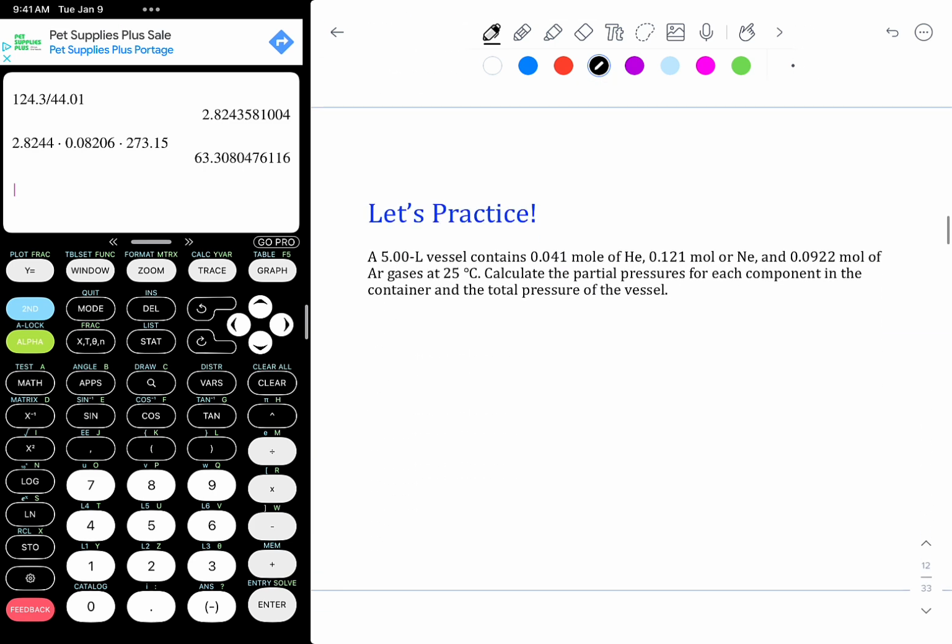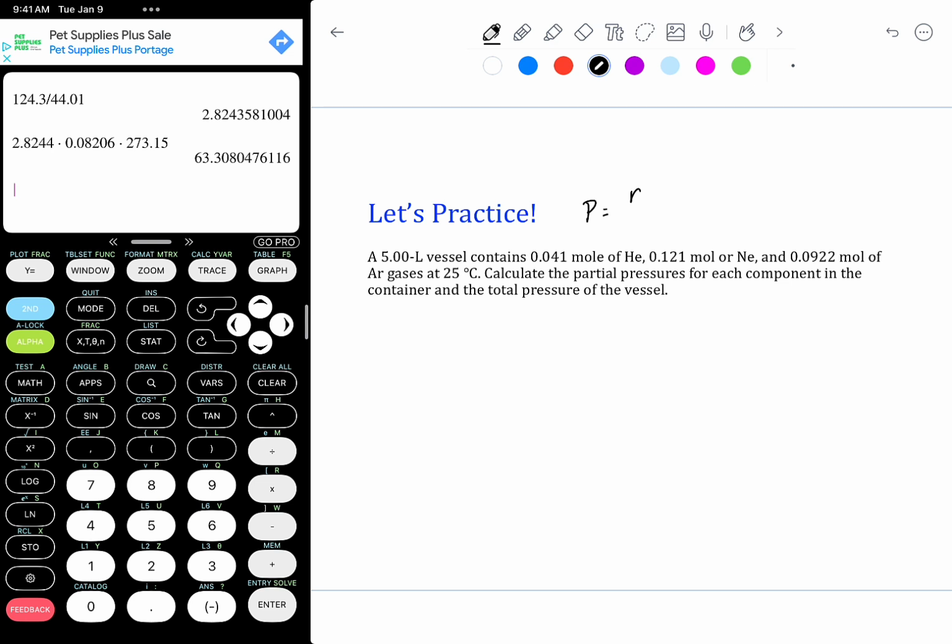So let's practice this. Here, a 5-liter vessel contains 0.041 moles of helium, 0.21 moles of neon, and 0.0922 moles of argon gases, all at 25 degrees Celsius. Calculate the partial pressures for each component in the container and the total pressure of the vessel. So what we're going to do here is similar to what we saw with nitrogen and oxygen gas in our previous examples, where we want to solve for pressure